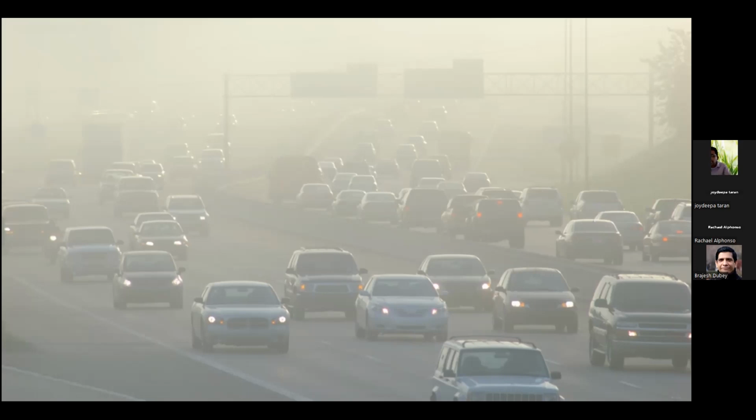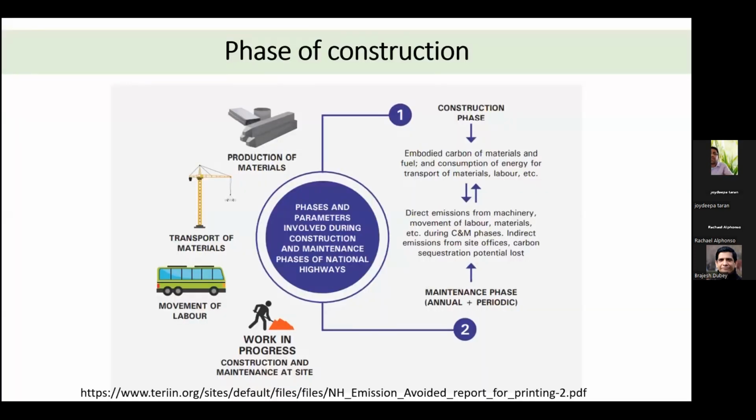So at this point, I'll bring you the overall supply chain scenario of the transportation sector, and show how the databases have to be developed, how impact assessments can be done, and how interpretations have to be made. So when I look at the system boundary from a complete supply chain point of view: production of materials, transportation of materials, work in progress, this is all for the construction and maintenance phase. Whereas the utilization phase is a well-known phase for us. Why? Because we have the vehicle, we use it, we pay a lot of toll fees, etc. So anytime you consider a system boundary of this sort, you move on.